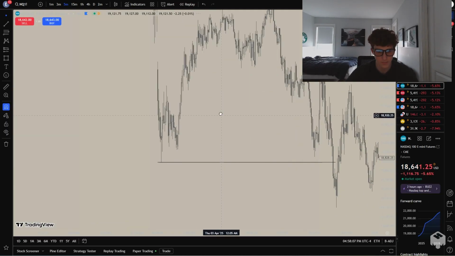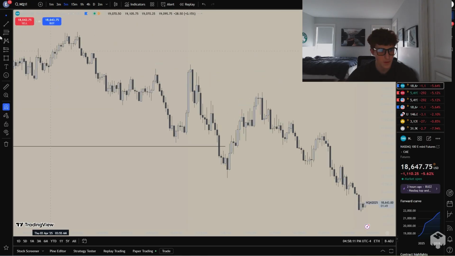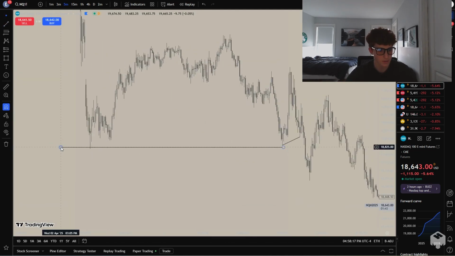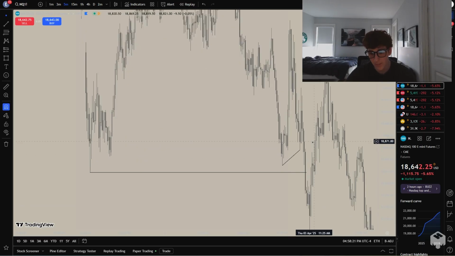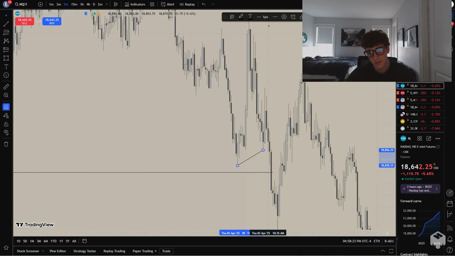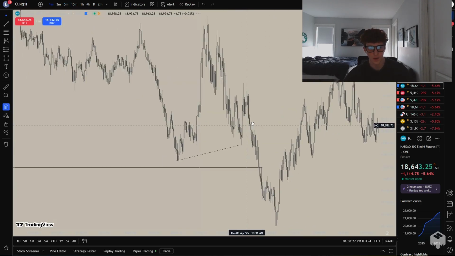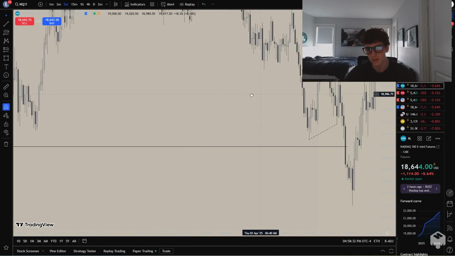Okay, I want to mark this out here because yeah, SMT right here, right? The SMT is basically just with Asia lows, but it's kind of hard to mark that out. But you understand that NQ didn't take out Asia lows. ES did. We had a bullish SMT. This is the easiest way for me to mark it out, even though it's not between these lows. A bullish SMT, okay, and now we took out external significant lows, Asia lows.